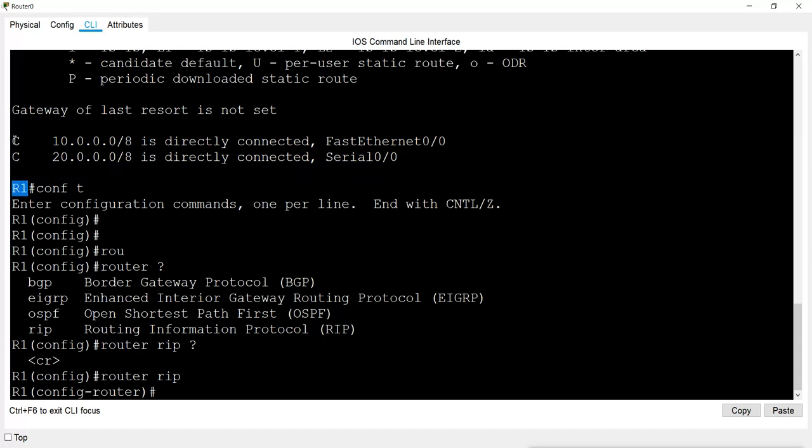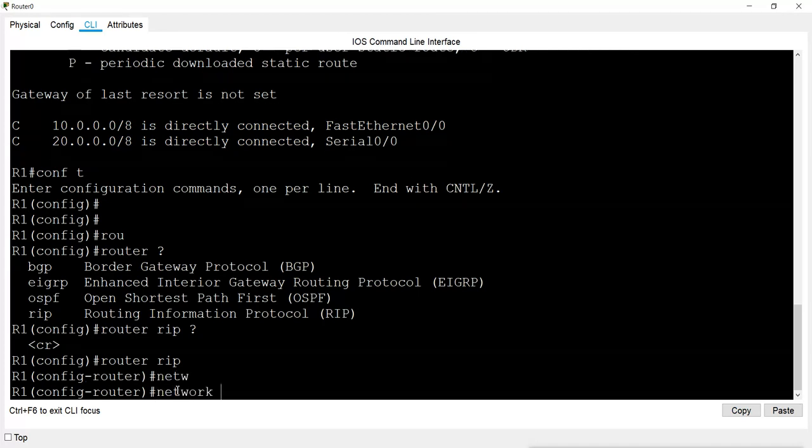Router 1 has 2 connected networks, which are 10 and 20, so we mention only these 2 networks. The command is network, and then you mention only the connected networks, 10 and 20. One network per line, that means in one line you mention only one network. So let me mention 10 first.